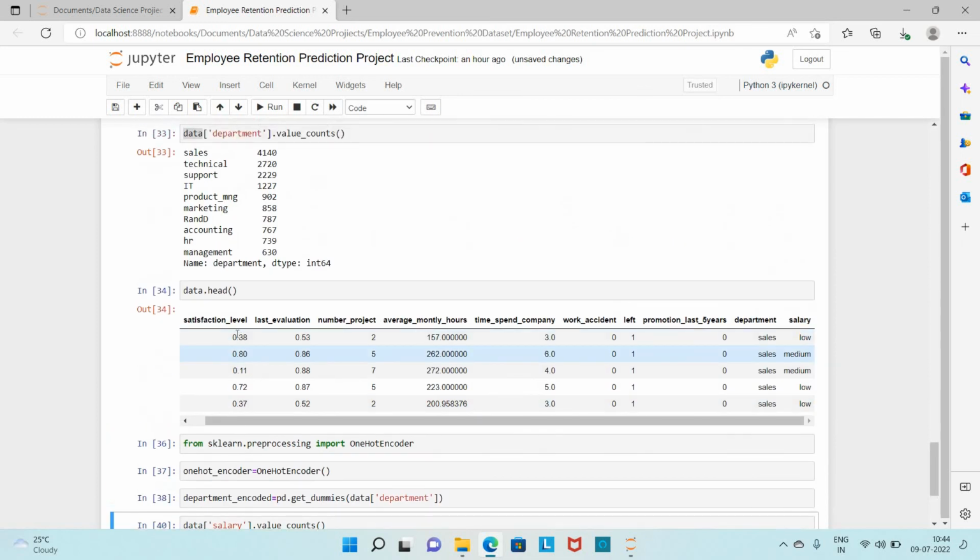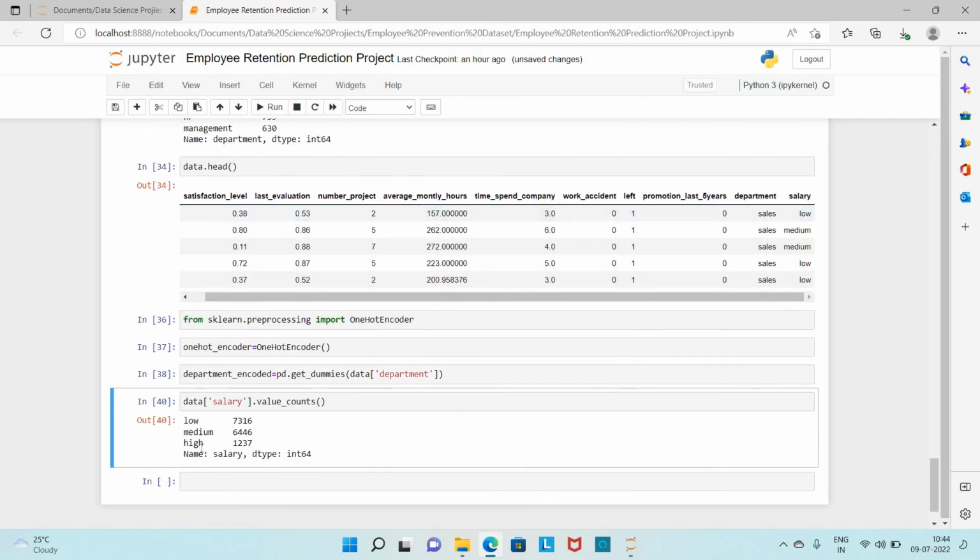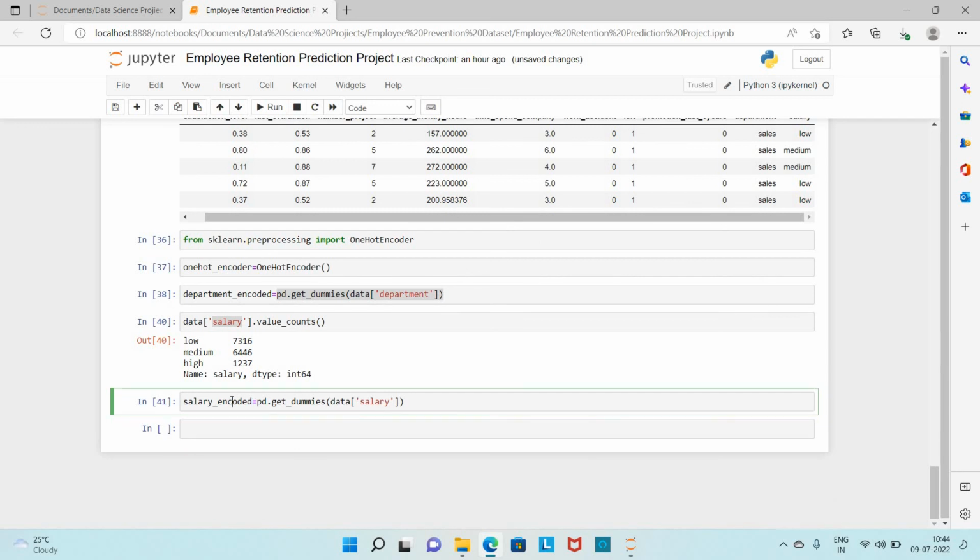Like we have done for the department, we are going to convert this also using the encoding method. So salary encoder. Now we are going to convert the salary. So I'm going to replace this with that. If we see that,